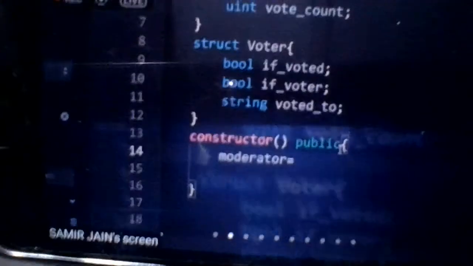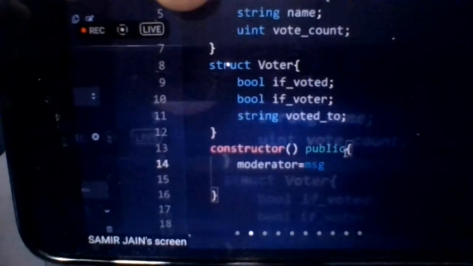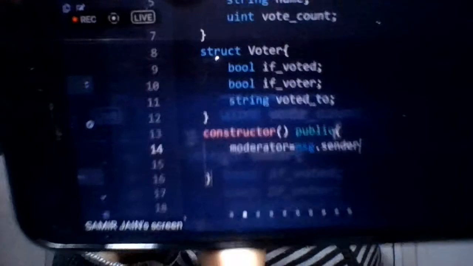So the very first operation in the contract is identification of the moderator. Since we have defined this variable earlier, we have to initialize it. So moderator equal to msg.sender. What is this?